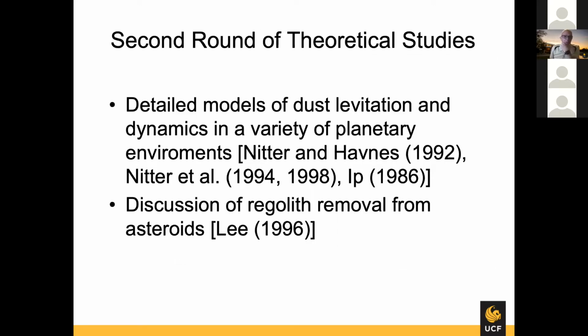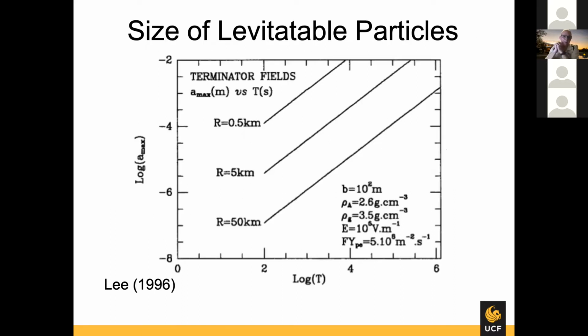So what actually is going on? Well, there's a lot of theoretical study of what the plasma environment there is, and in a few slides I'll talk about the proposed mechanism to explain the observations that we do have that say dust is moving. So we can't disregard those Surveyor observations. We can't disregard the LEAM observations. And some of that work said, well, what if the gravitational field is actually very small, if you're talking about a very small asteroid? So there was a sort of landmark paper looking at this, Pascal Lee in 1996, who